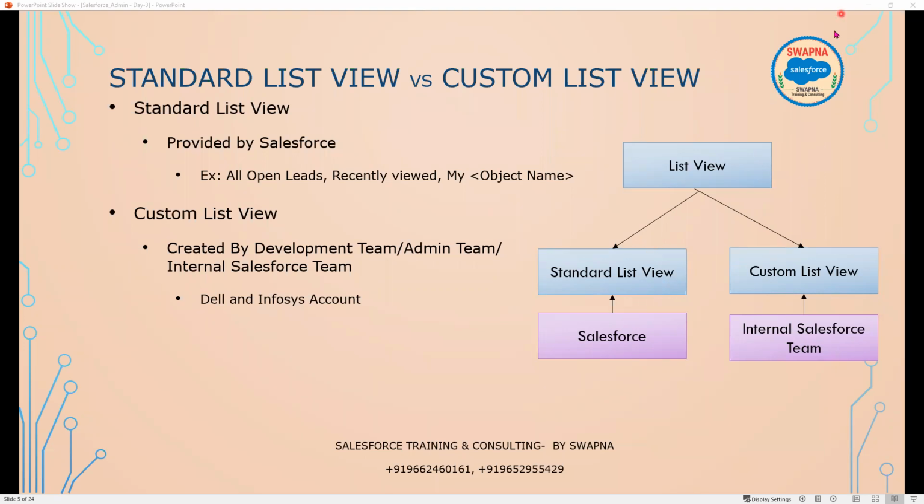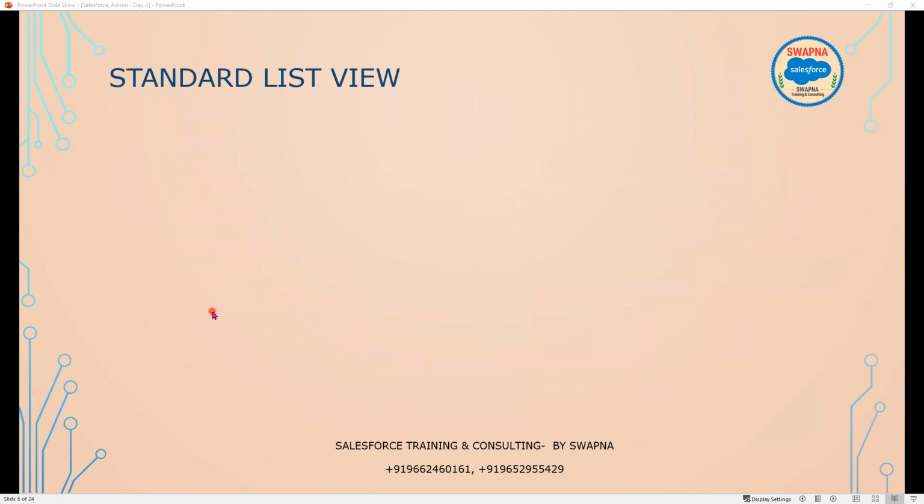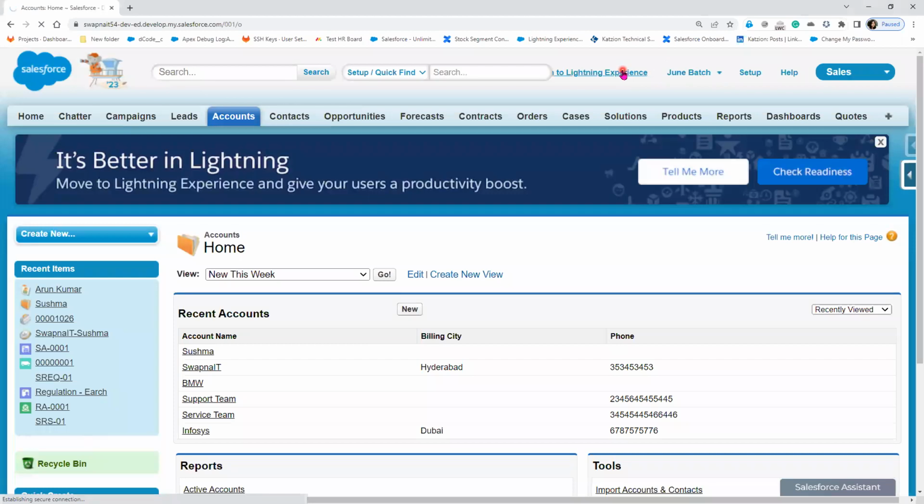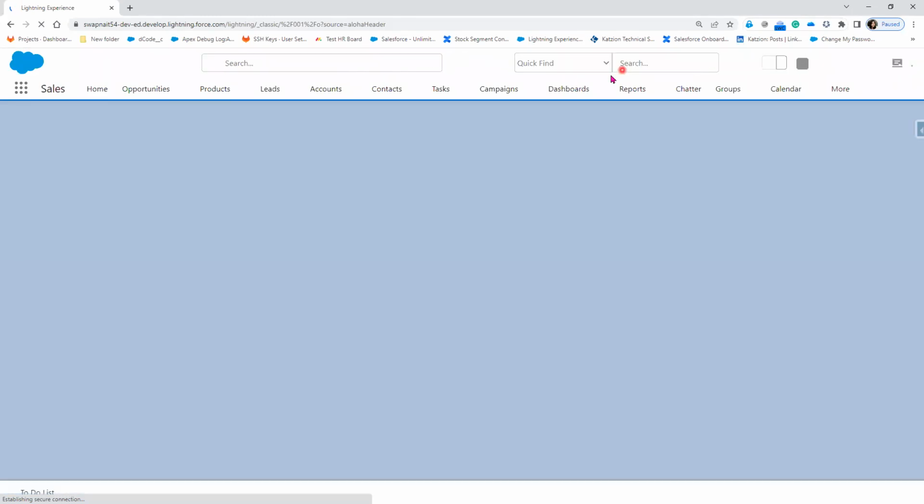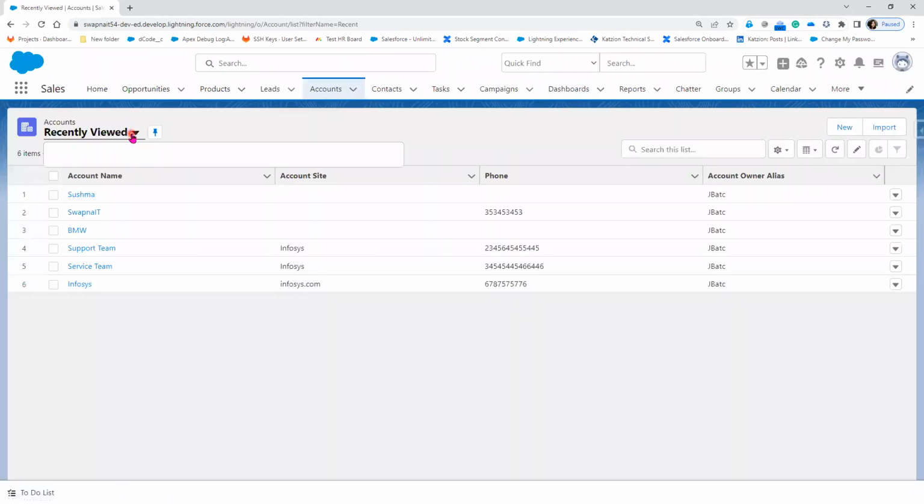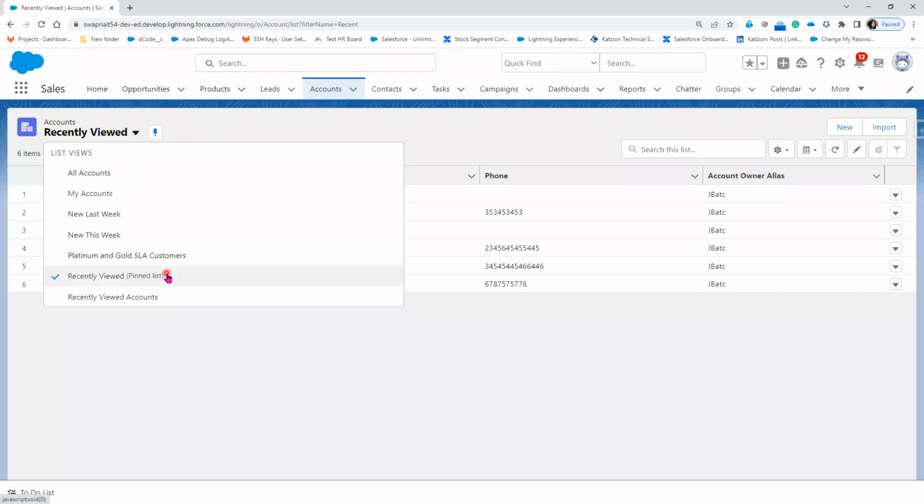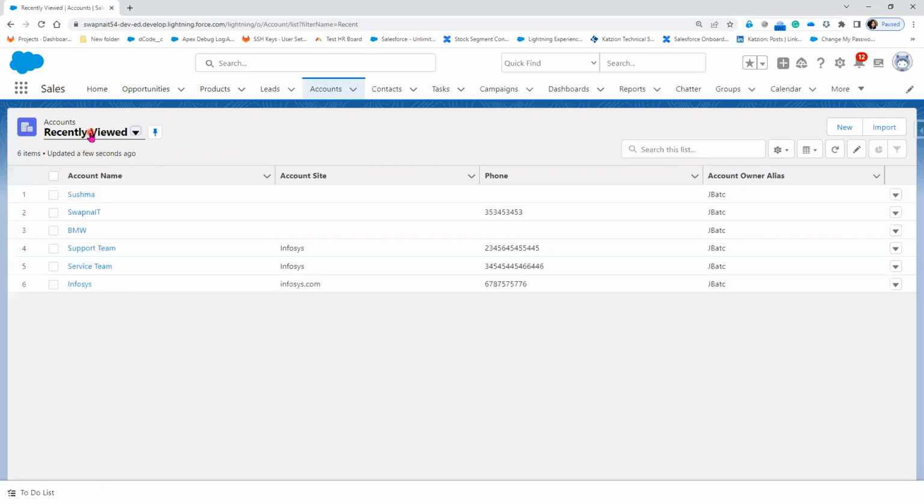Okay. So now let me show you the standard list view. In the standard list view, one of the options is called recently viewed list view. Now let me show you that. Let's go to Lightning. There is an option called recently viewed pinned list view. So when you select this recently viewed pinned list,